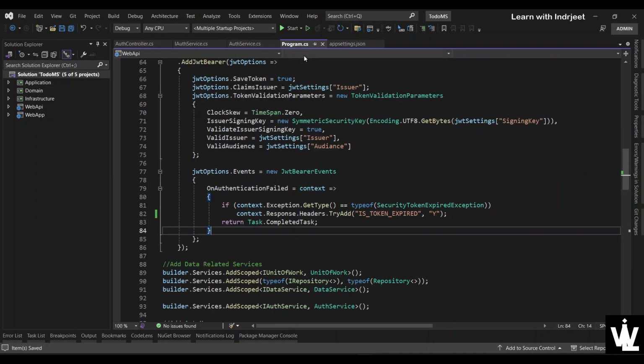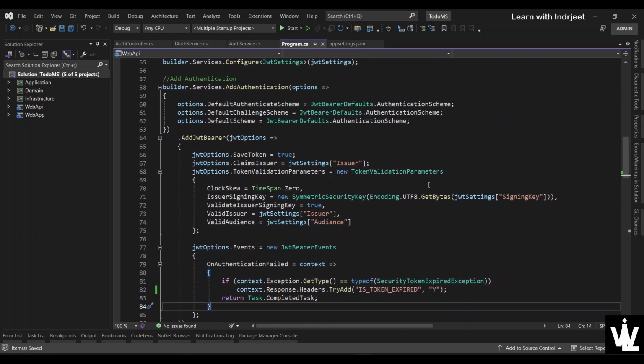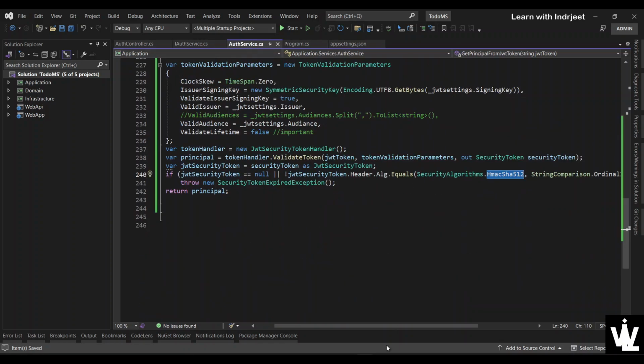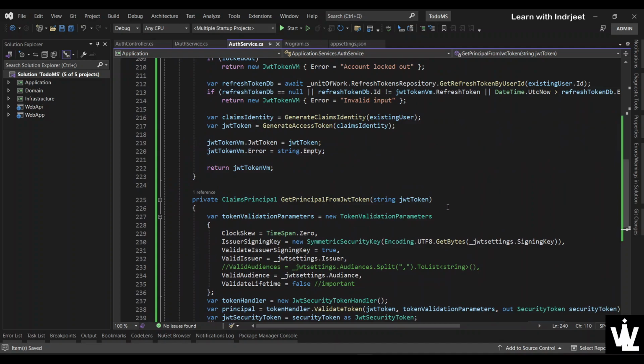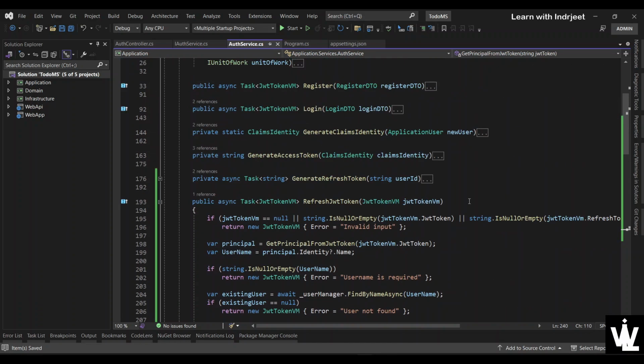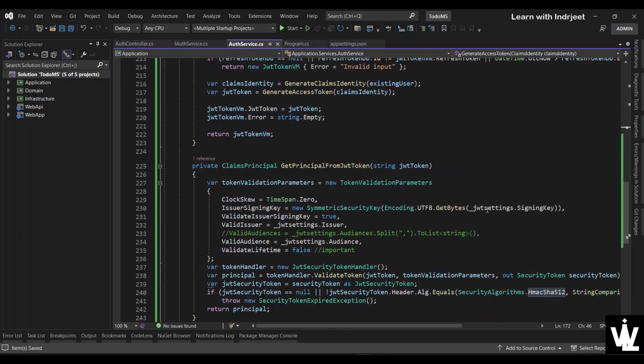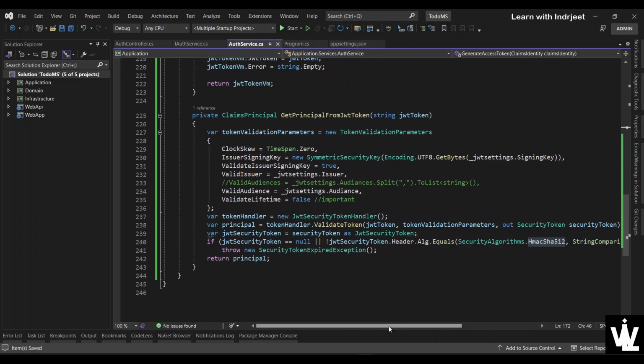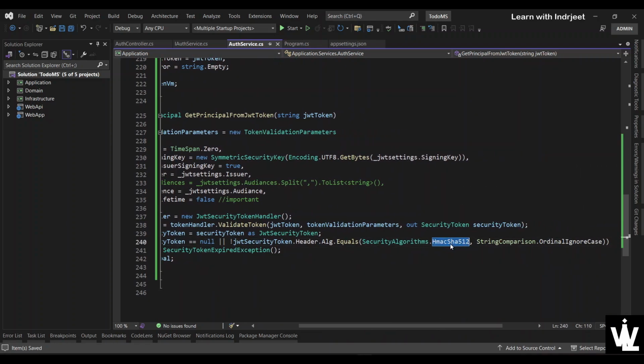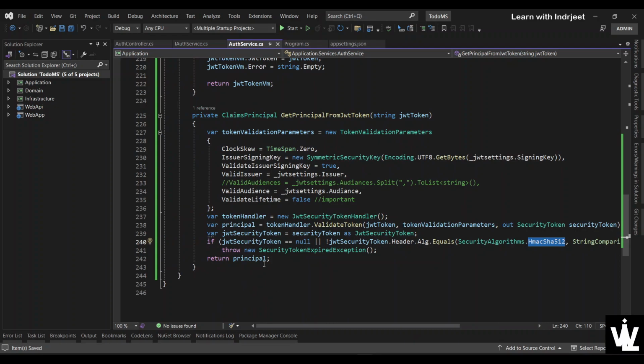In Program.cs we have specified the algorithm here, where we are generating the access token. So in the returning token also we are trying to match the algorithm, and we are checking